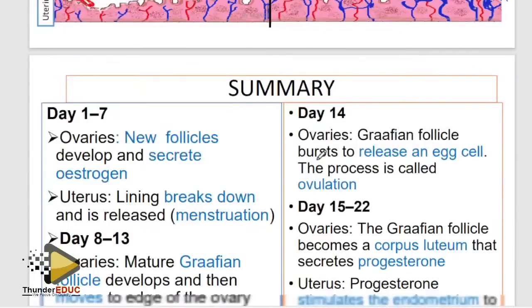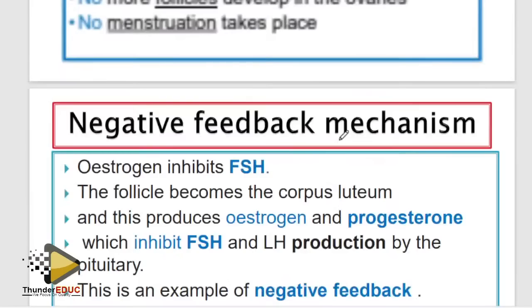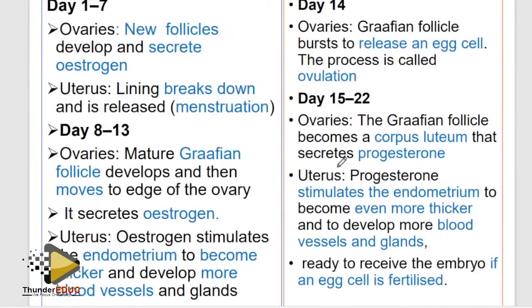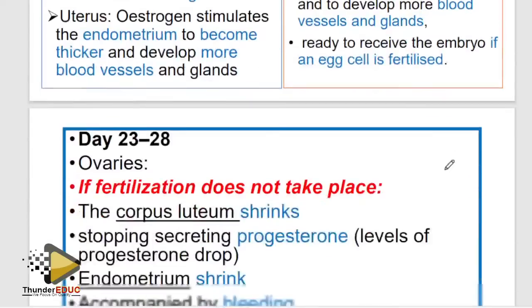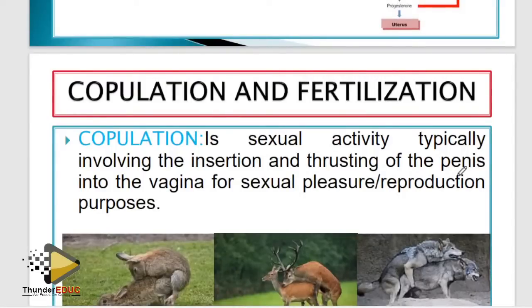Okay, I'm going to show you some questions. Negative feedback mechanism. What happens if progesterone levels drop? What is the influence of the decrease in progesterone on follicle-stimulating hormone? They can ask you that question, and they give you 3 marks. Definitely, if progesterone levels decrease, then follicle-stimulating hormone is going to increase. Why? Because the brain is stimulated, showing that the person is not pregnant, therefore you're supposed to prepare this person again for pregnancy. That's why if you're pregnant, we don't check anything. This pregnancy test is checking the amount of progesterone level in the blood.